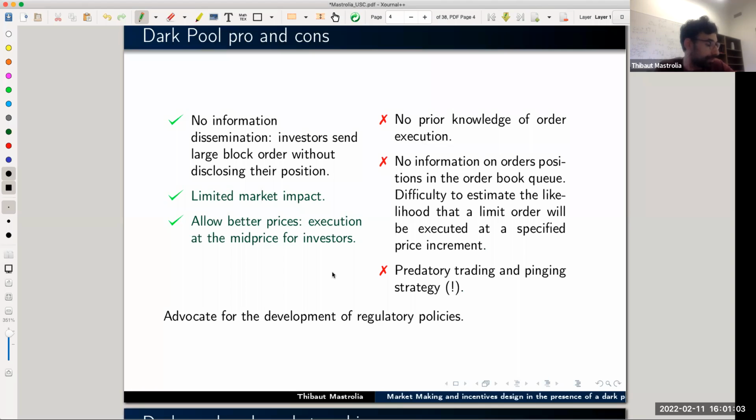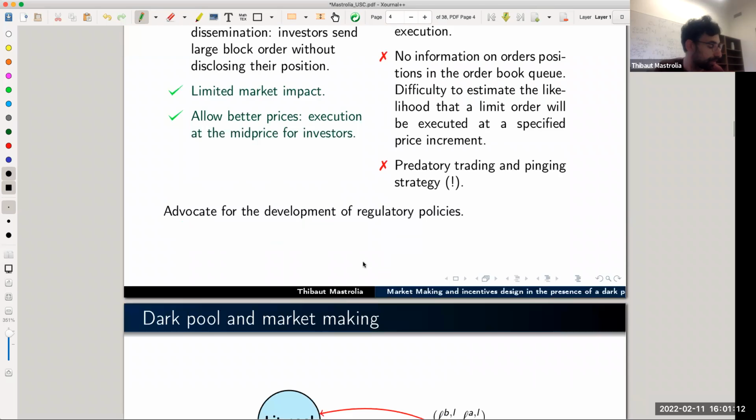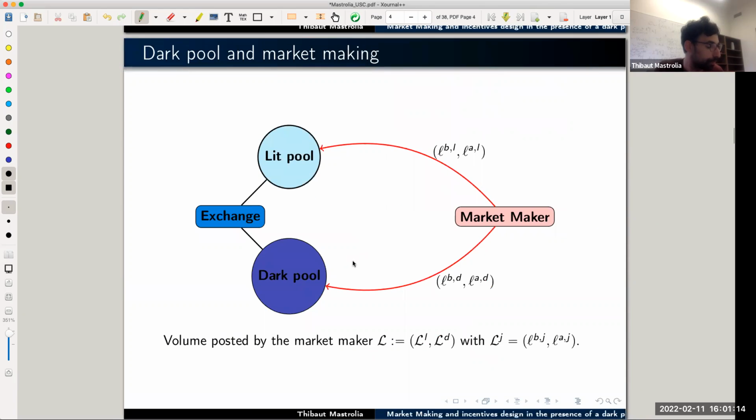Thank you. Okay, so what we see is that there is a lot of pros and a lot of cons. So it advocates for the development of regulatory policy. So just a first example with schemes. So you have an exchange. The exchange has a lit and a dark pool. I assume that you have a market maker. So the market maker sends volume in the lit pool and the dark pool. So for example, he sends a volume of L^B, L^A. So this is a volume that the market maker sent